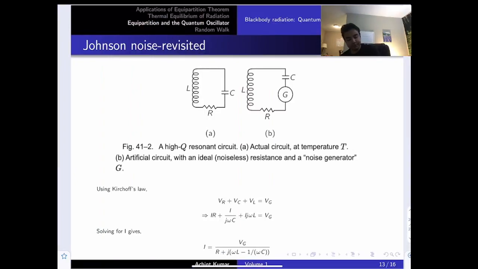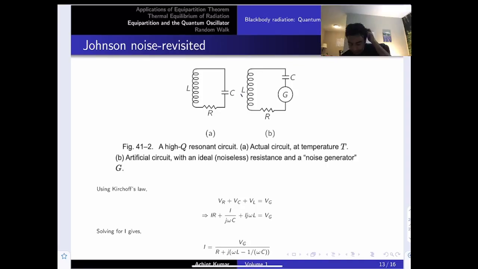Next, I'd like to talk about Johnson noise, which we looked at earlier. In this case, we'd like to write the power distribution of noise as a function of frequency, and the way we do it is we assume that we have an ideal resistor, ideal inductor, ideal capacitor, which is connected to a generator,